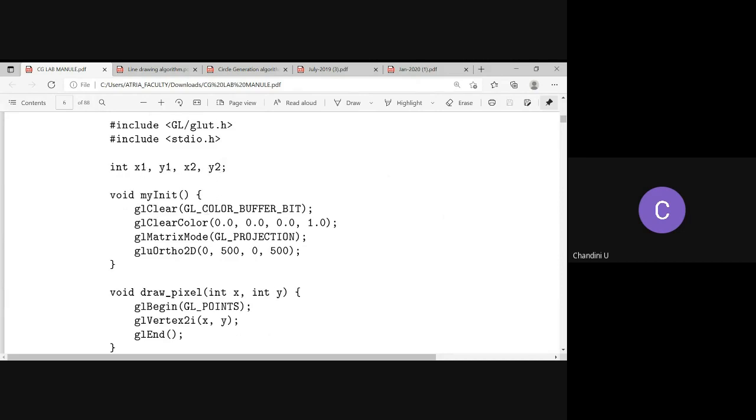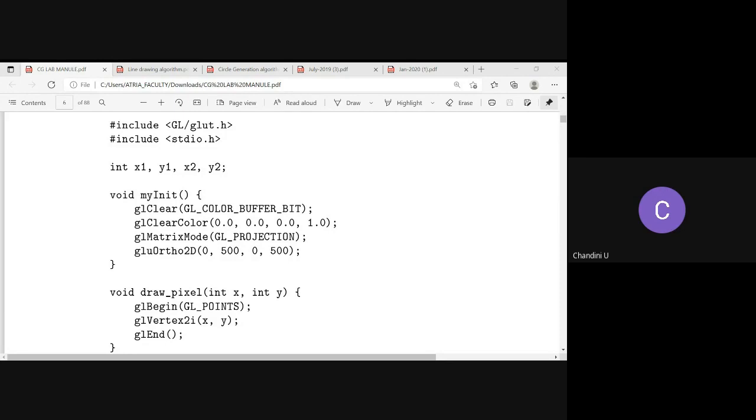All right, and then what you see here is four variables: x1, y1, x2, y2. Can you tell me what it is? What would be the reason for these four variables? What is our input? This is Bresenham's line drawing algorithm, right? We have two endpoints.